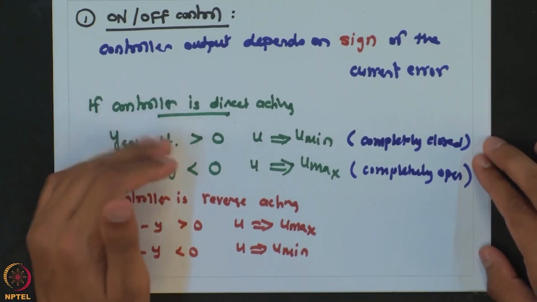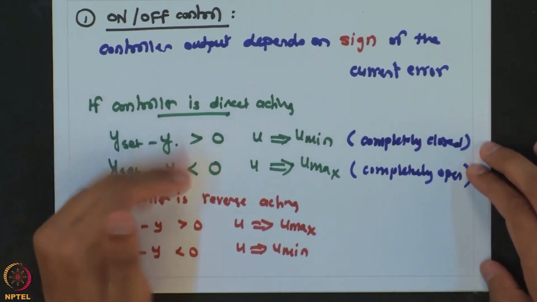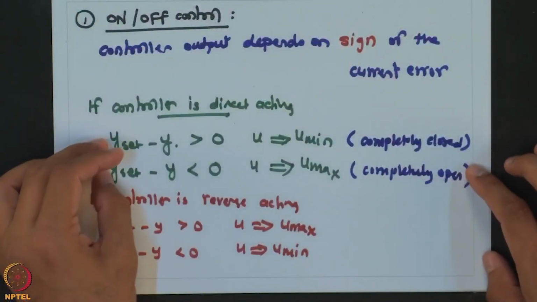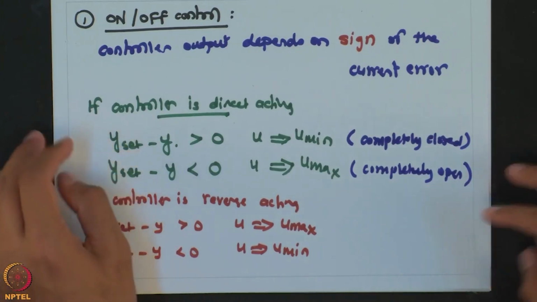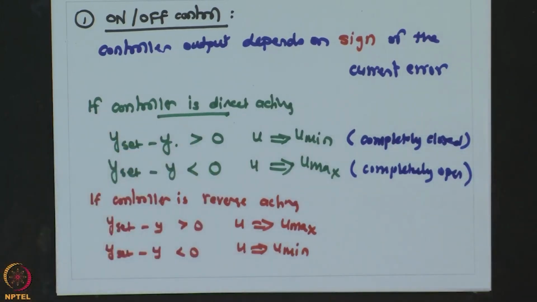Because of that, the valve will undergo severe wear and tear, and then the valve will have to be replaced, or it will have mechanical failure quite often. In order to avoid that, there is a concept of a dead band which is added to this on off controller. So, instead of taking action as soon as y goes below or above the set point, there is some dead band provided between which no control action is taken. So, the same on off control in the presence of dead band